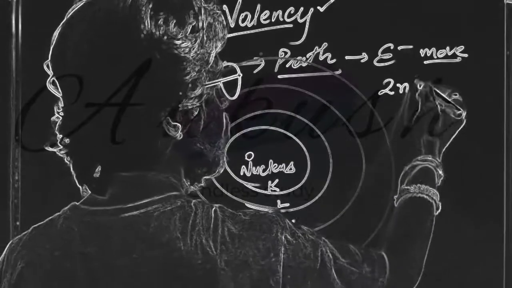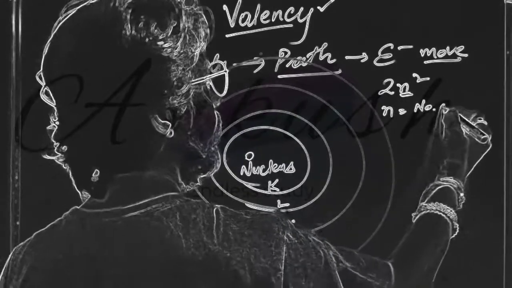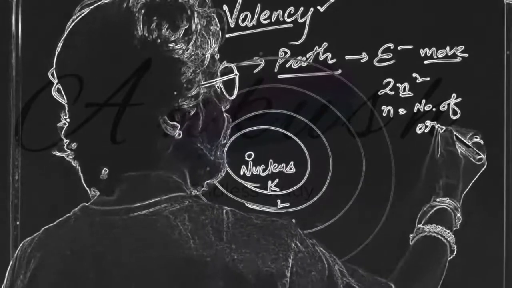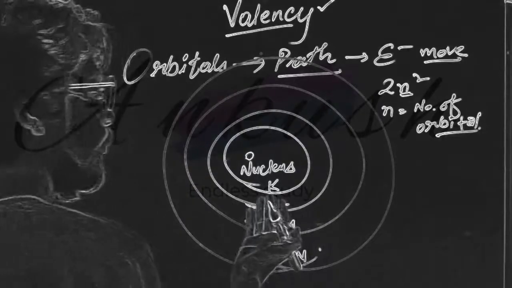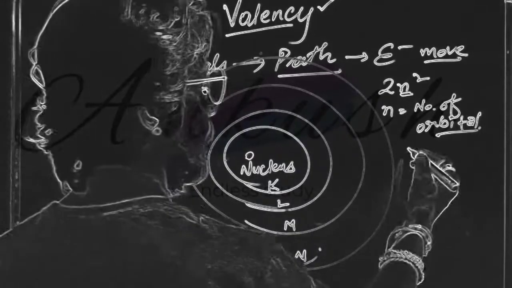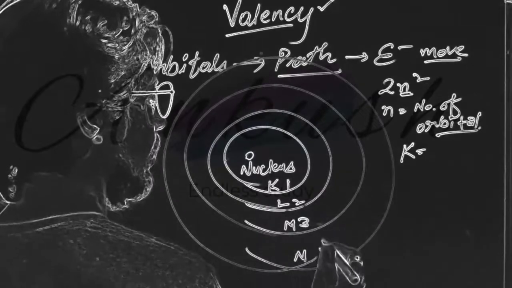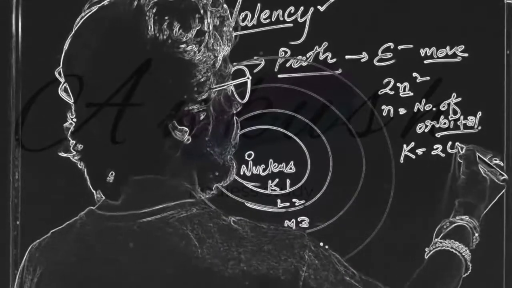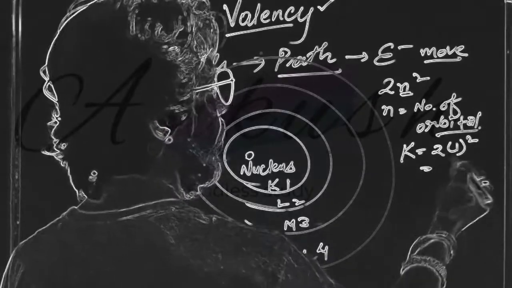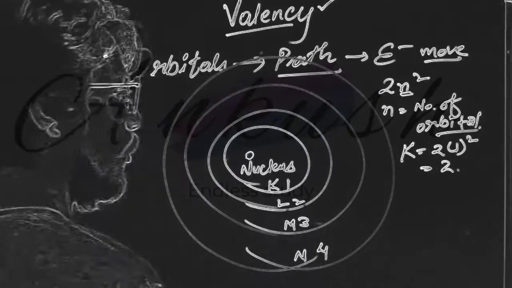The formula is 2n square. Here n is the number of the orbital. That is, if we want to find out for K, this is the first orbital, this is second, this is third and this is fourth. So 2 into 1 square, 1 square is 1, 2 into 1 is 2. So 2 electrons can be held in